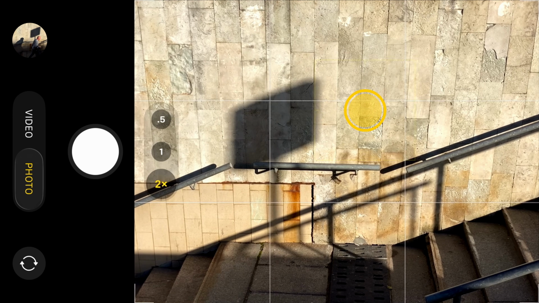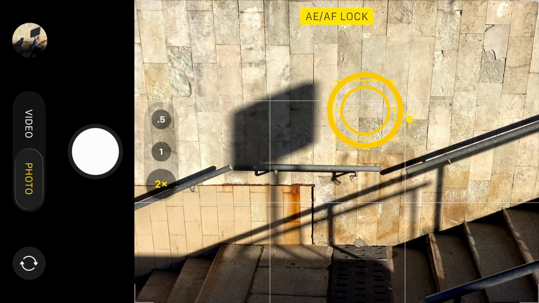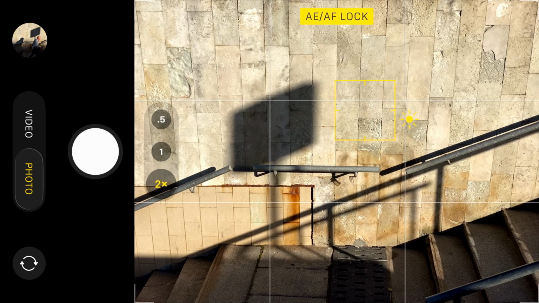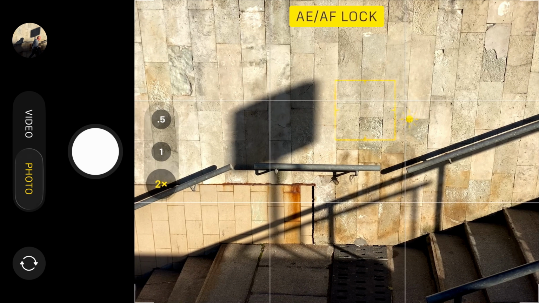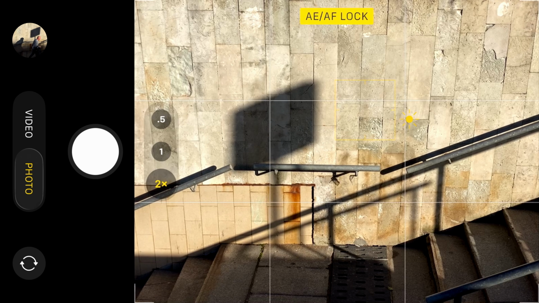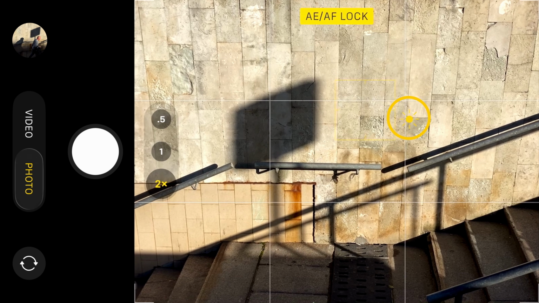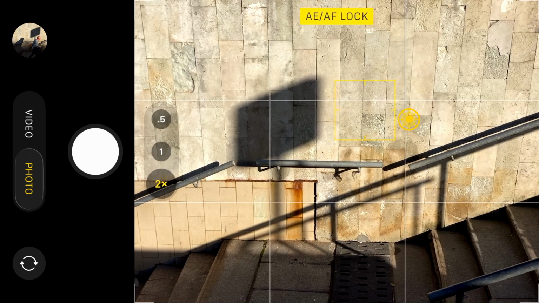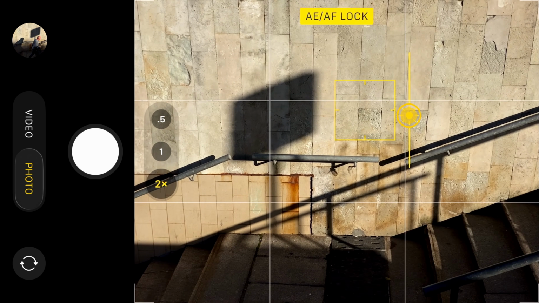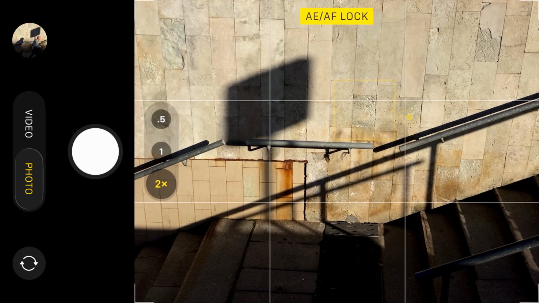I'm gonna tap and hold my finger on that opposite wall outside of the shadow, and you'll see that now it says AE/AF lock, which means that I've locked both focus and exposure on that opposite wall. Now, another thing you're going to notice is that little sun icon next to the focus rectangle. If I tap my finger on that little sun and gently drag it down just a little bit, you'll see